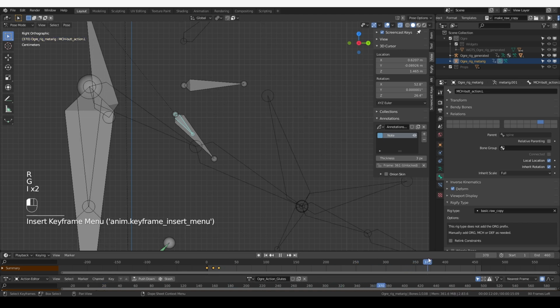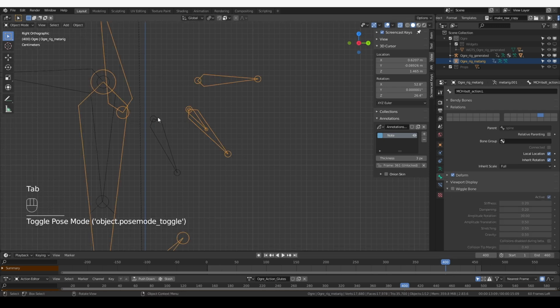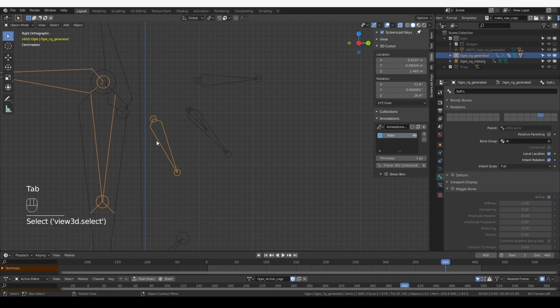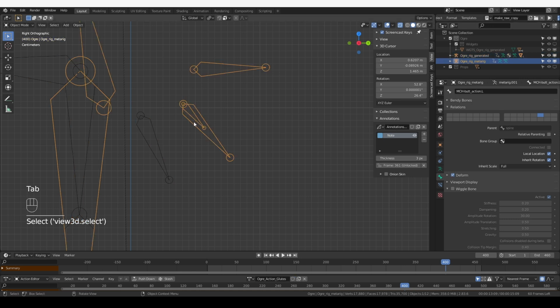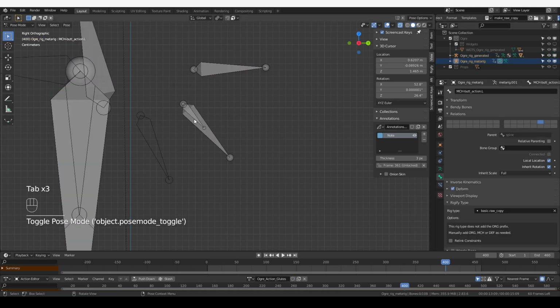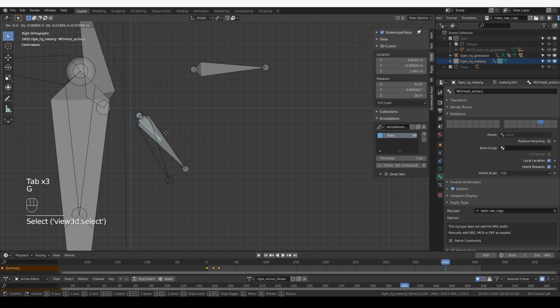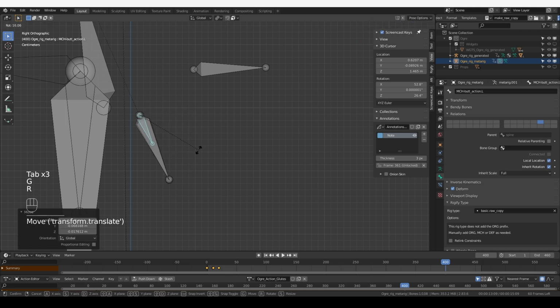Then I'm going to go to frame 400 and see the actual position of this butt bone that I set for the generated rig, and then go to the metarig, move the MCH bone into position,